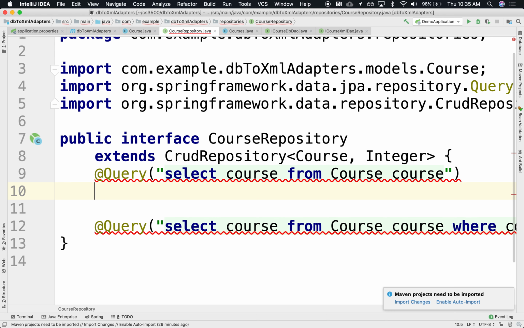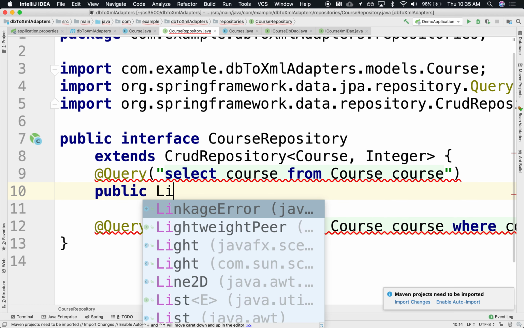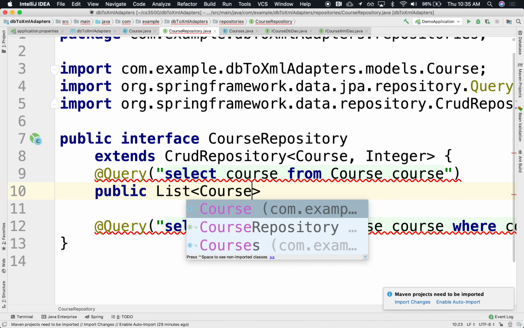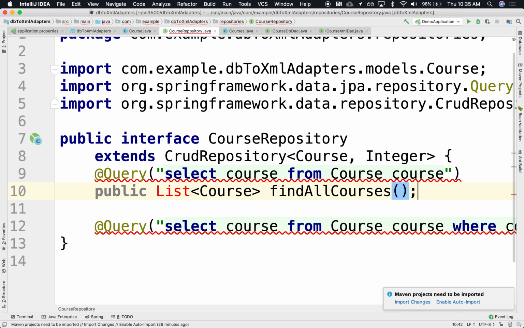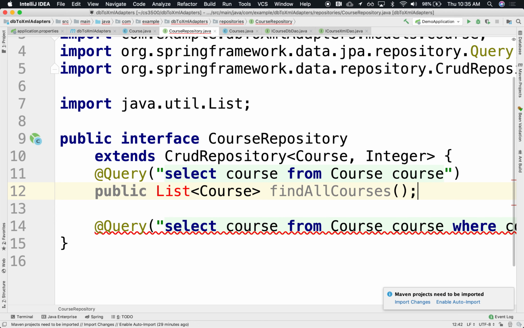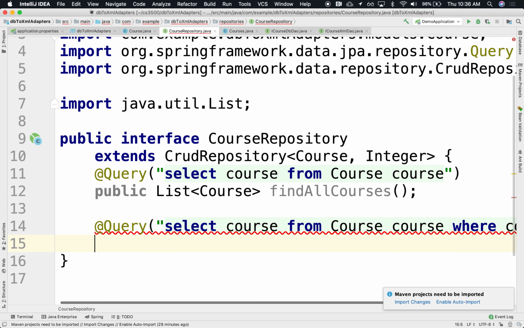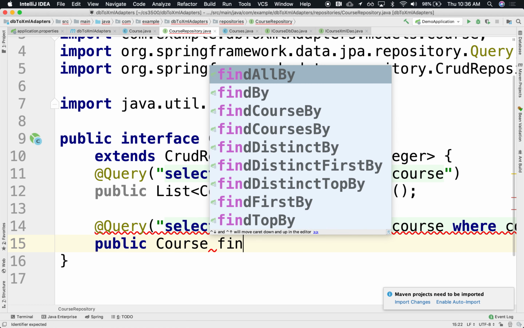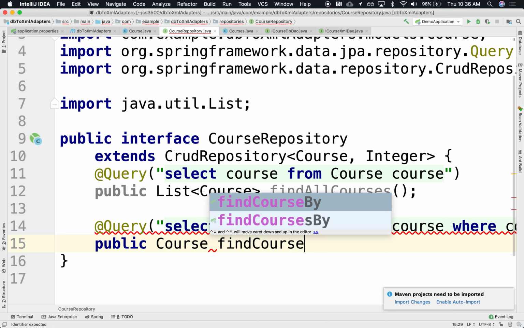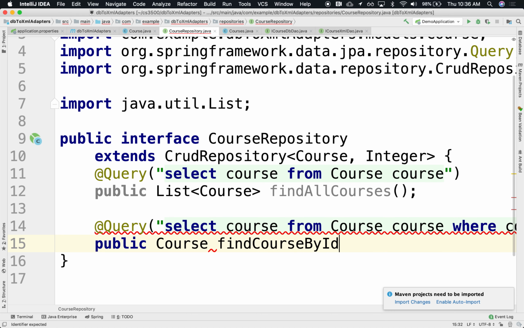Right? The public. This will return, presumably, if it's a whole bunch of courses, ideally, it will come back as a list of courses. Find all courses. Right? And this one I want to trigger using the function. I want to retrieve one course. Find course by ID. Find course by ID, and I'll pass you the ID, as an integer